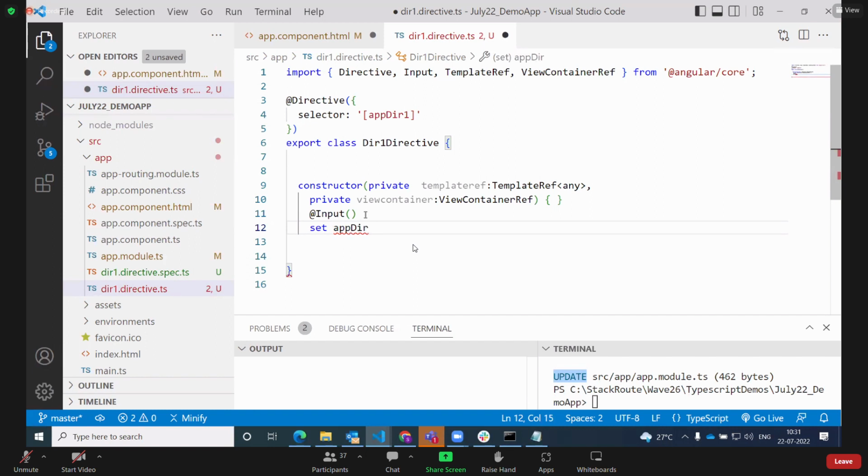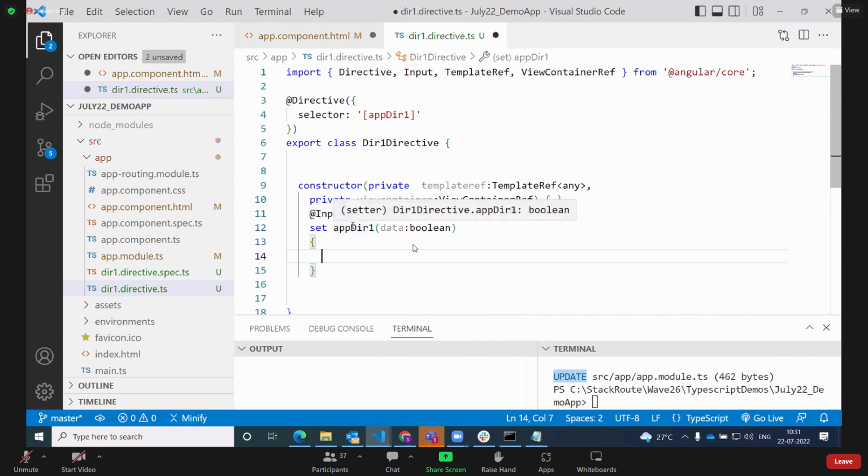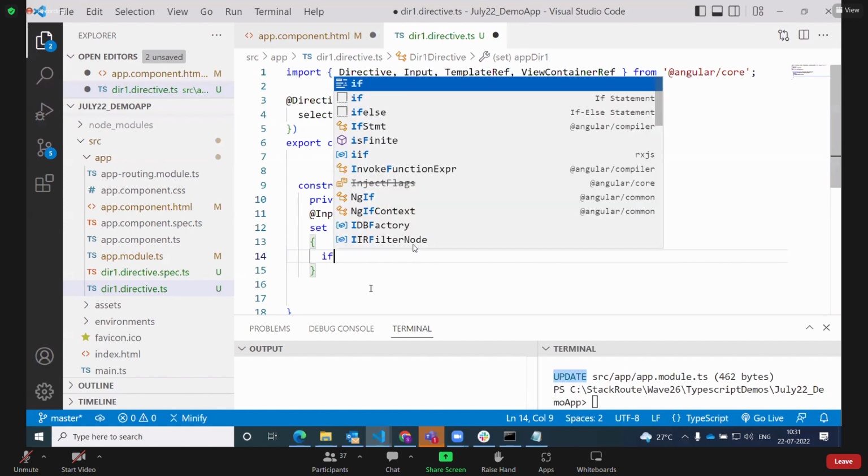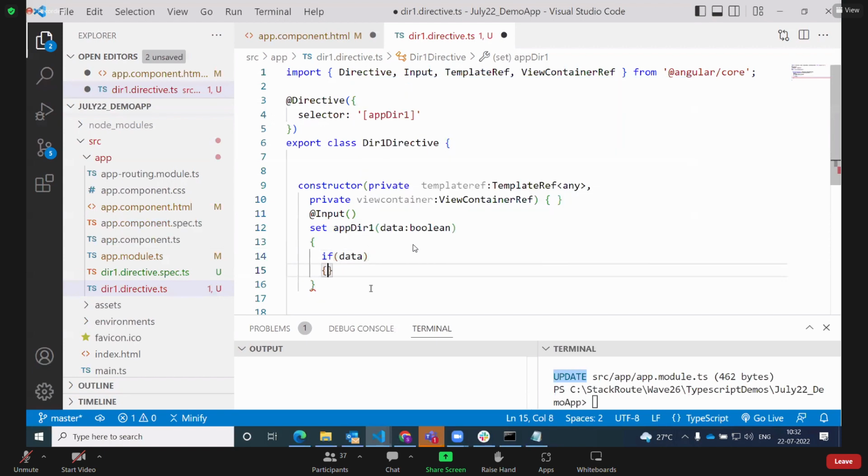App dir1. I'm going to get the value. Let me give it as data. It is of the type Boolean. So use the setter. I'm going to get the Boolean value. So depending upon the Boolean value initially, if it is true,